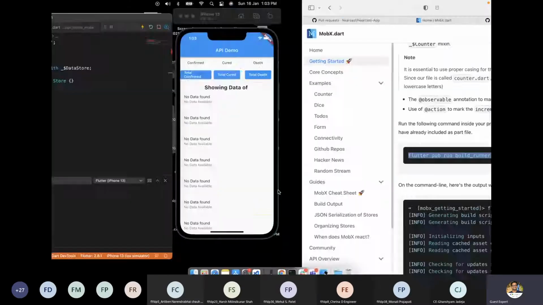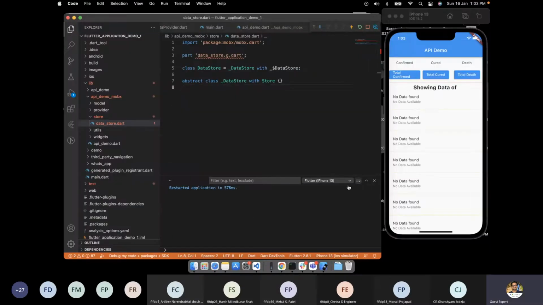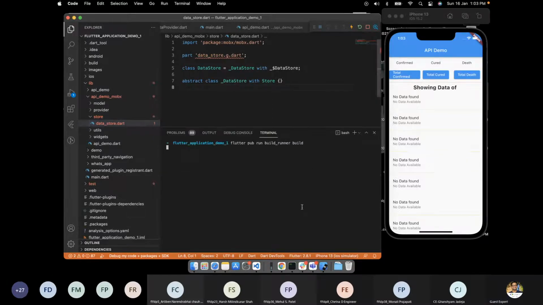So as soon as I write this into my terminal, let me go to the terminal. I'm inside the project Flutter demo application. I'll simply copy and paste this command. Flutter pub run build runner build. And I'll enter it. And it will do some magic. Let's see what it does.